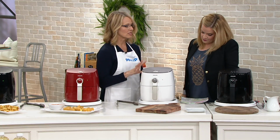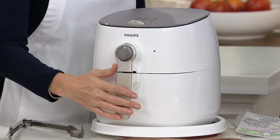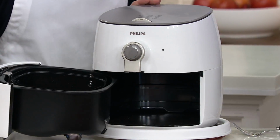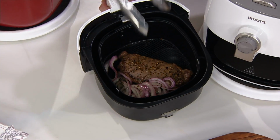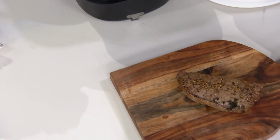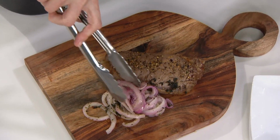Okay, so this is going to take us to what I find to be fascinating with this, the main course and what you can do with pieces of meat. And we have this absolutely beautiful steak and some red onions. Oh, yum. And this steak, about a 12-ounce steak, done to absolute perfection. And we're going to actually...